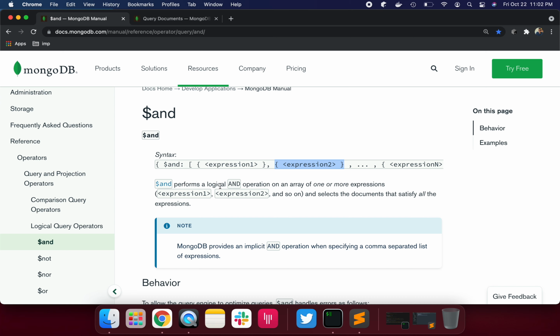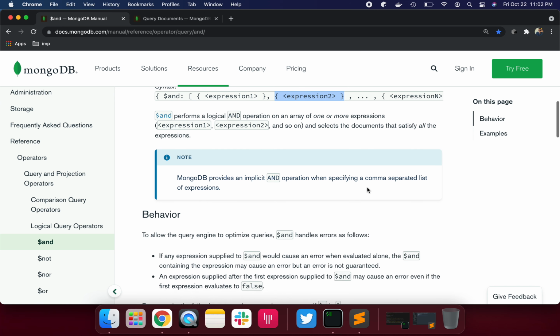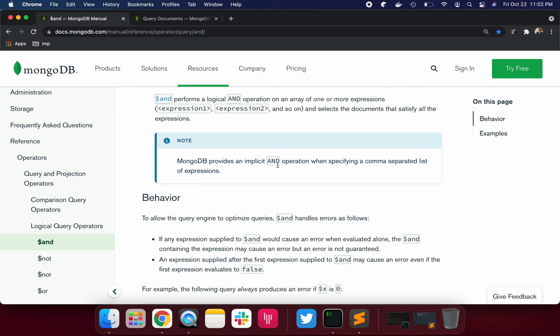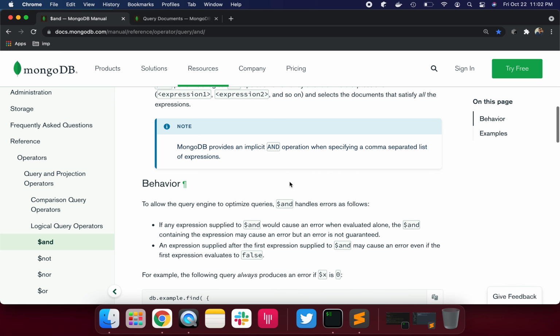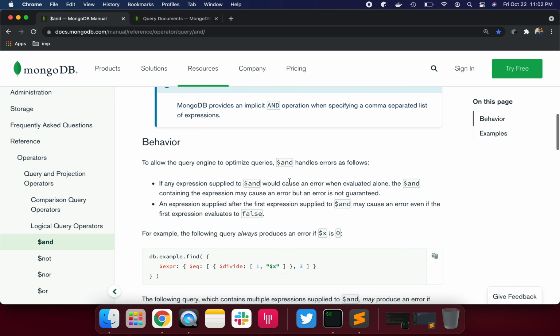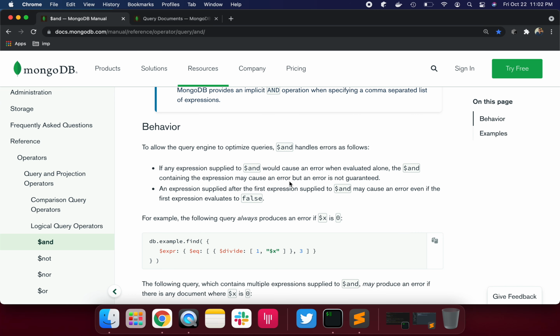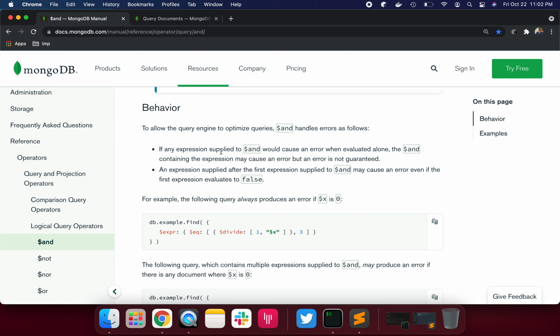So $and performs a logical and operation on an array of one or more expressions. MongoDB provides an implicit AND operation when specifying a comma separated list of expressions. So if we don't put AND, it is implicit, provided by MongoDB. I will explain how. If any expression supplied to $and would cause an error when evaluated alone, then the $and containing the expression may cause an error, but an error is not guaranteed.